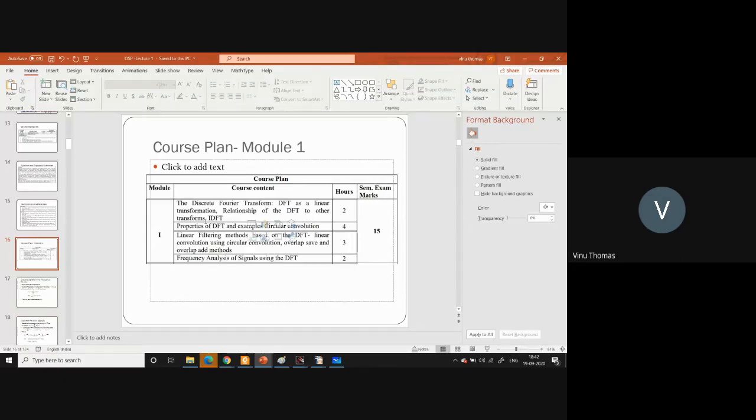So relationship of DFT to DFS we already have seen. Then we will see the relationship of DFT to the DTFT, which we have discussed to some extent. Then we will see the relationship between DFT and Z transforms. We will also see the relationship of the DFT to the continuous Fourier transform, etc. And I will maybe require some 1 hour to discuss all those. So properties of DFTs we have seen. We have not seen too many examples, which we have to discuss, and we will do some of the examples in the class.